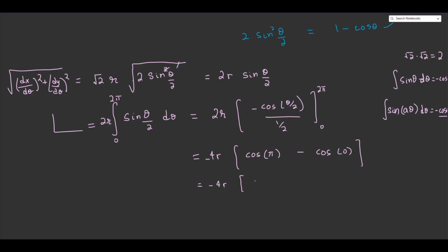Remember, cosine of pi is equal to minus 1, and cosine of 0 is 1, and minus 1 minus 1 becomes minus 2. Minus 2 multiplied with minus 4r, the final answer will be equal to 4r. So this is how you can